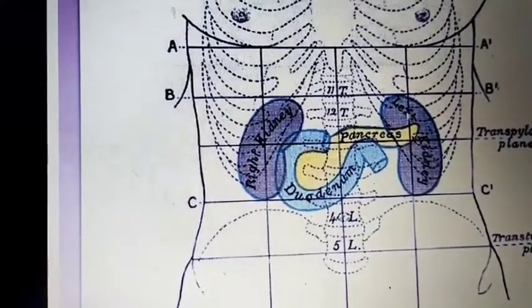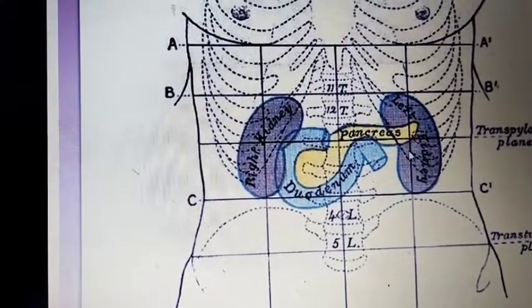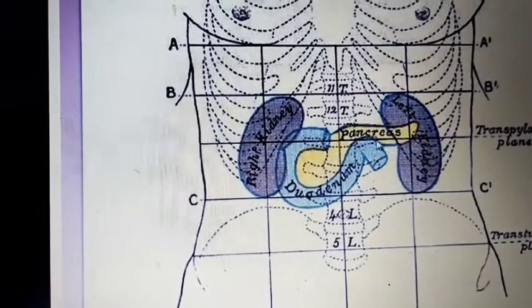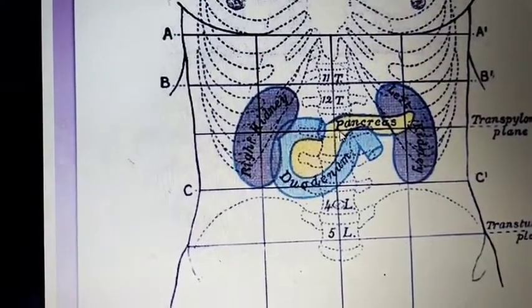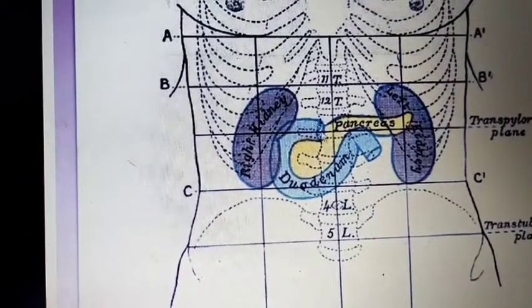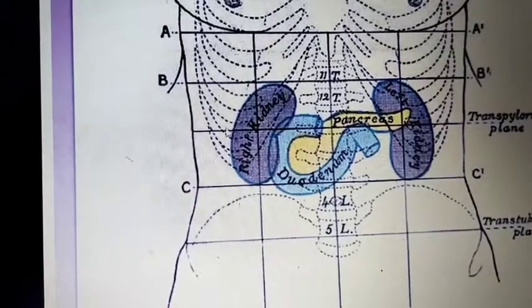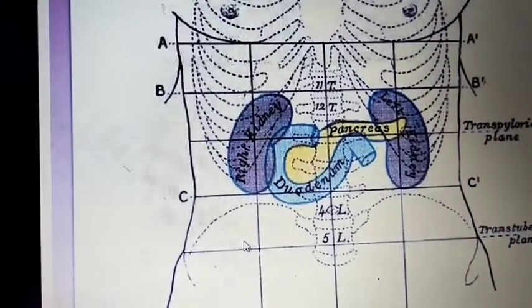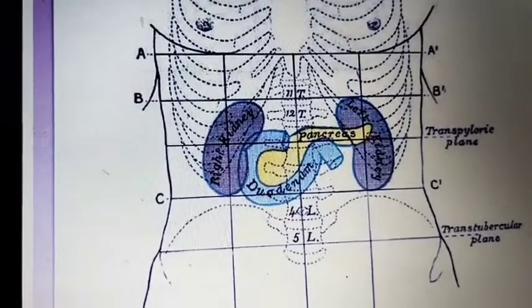On the left side it is just below, and on the left side it is a little up. At 9 centimeters you can draw another line here, and at 2.5 centimeters from the midline. Like that, this is the Morris parallelogram of the kidney. Now we can go for the